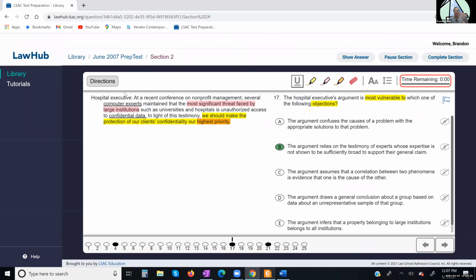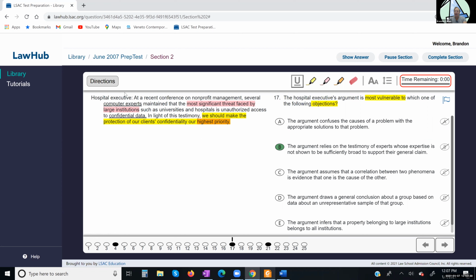Okay, I'm going to tell you, these ad hominems that keep coming up here are not actually the most common. We talked about the three biggest ones: correlation and cause, one factor being conclusive, and confusing necessary with sufficient conditions. Those are the three biggest fallacies that they use on this test. But this is one that does get repeated, and I did teach it in part of that lesson.